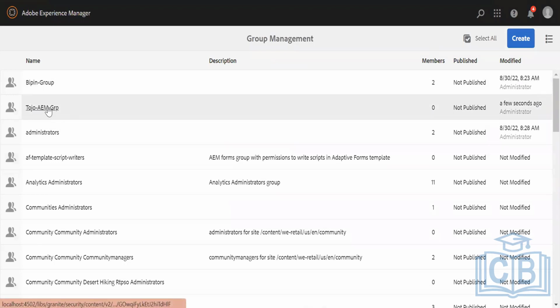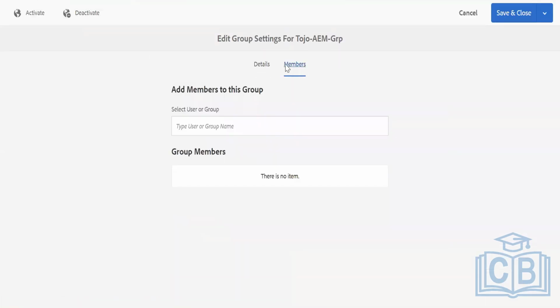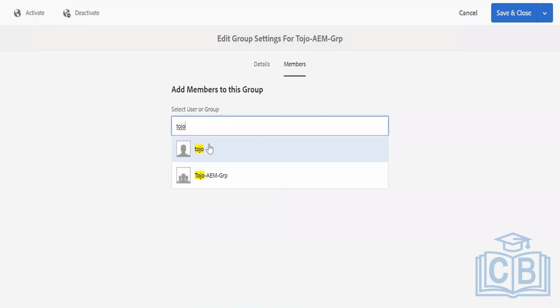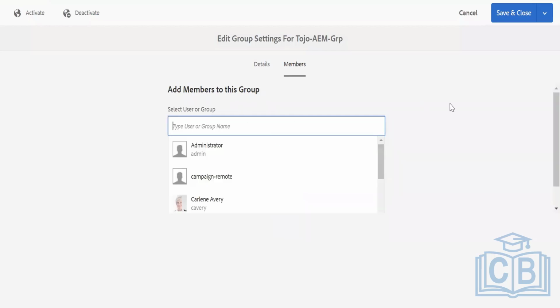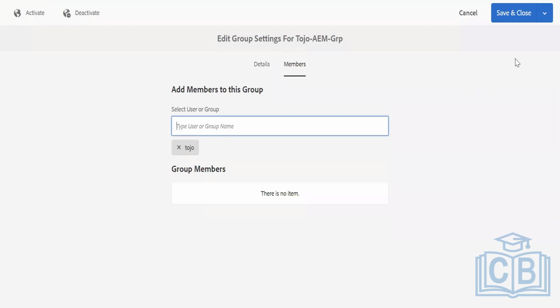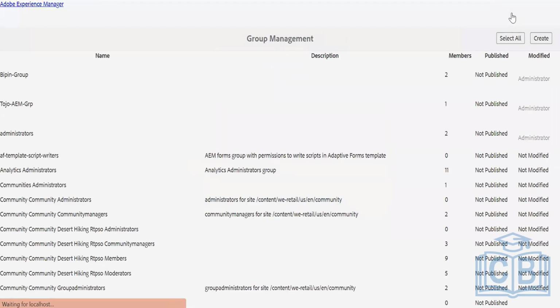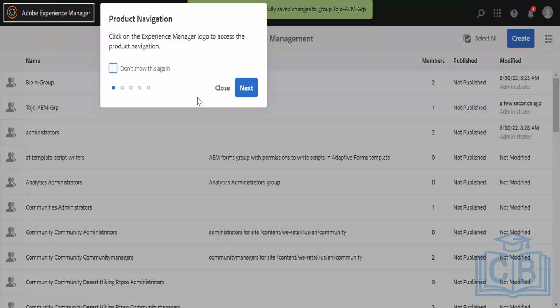If I go over here, it has the member option. In the same way that the users have the group option, the group also has the member option. You can even add the members from here, and you can even add any other group as well. So here I added Folio and simply this. Now if I again go back,